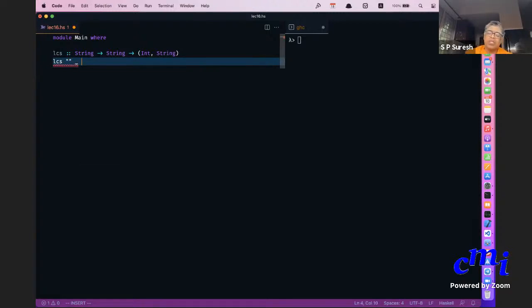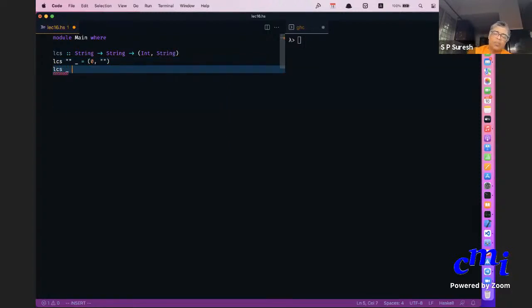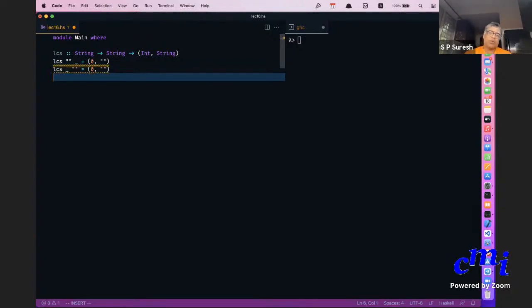LCS of an empty list and anything is nothing but, now the length you have to give and also the common subsequence. So you give 0 and an empty string: the length of the longest common subsequence is 0 and the empty string is the longest common subsequence. Okay, good.